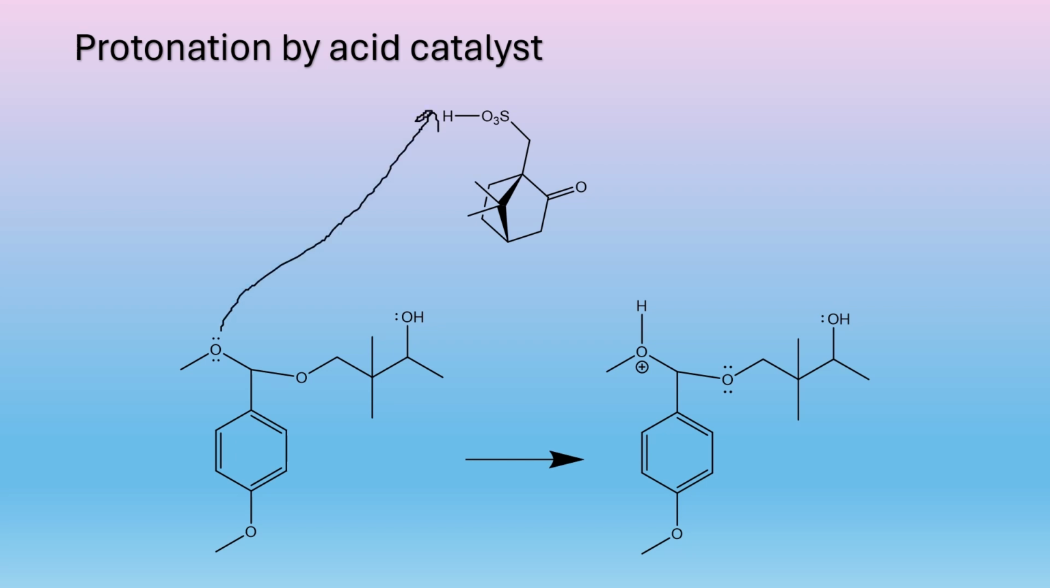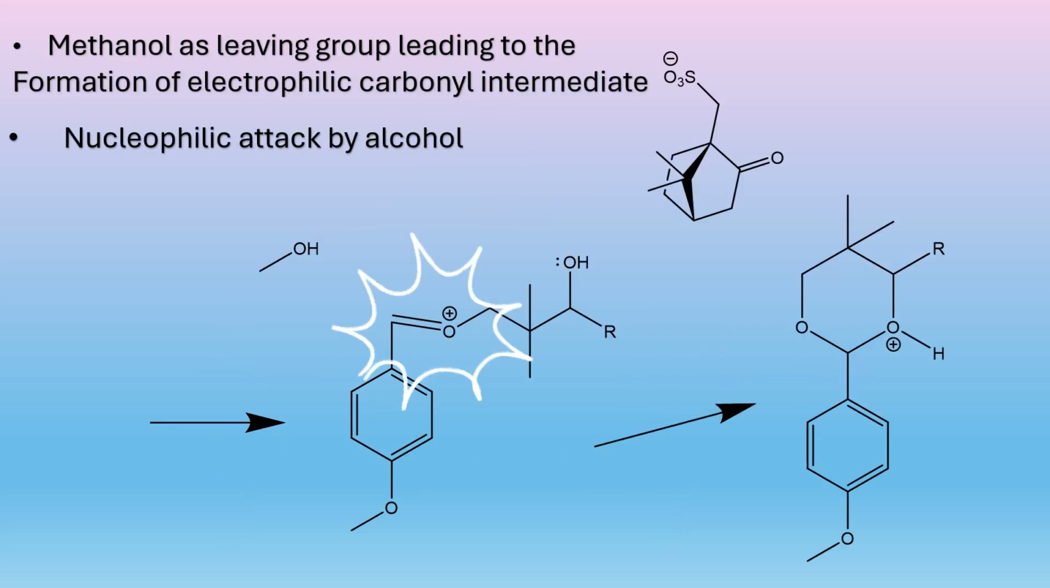So a proton is picked up from the acid catalyst, allowing for methanol as a leaving group, and the loss of methanol will then allow for the formation of the electrophilic carbonyl intermediate. The other OH group acts as a nucleophile and attacks this electrophilic carbonyl carbon, and this allows